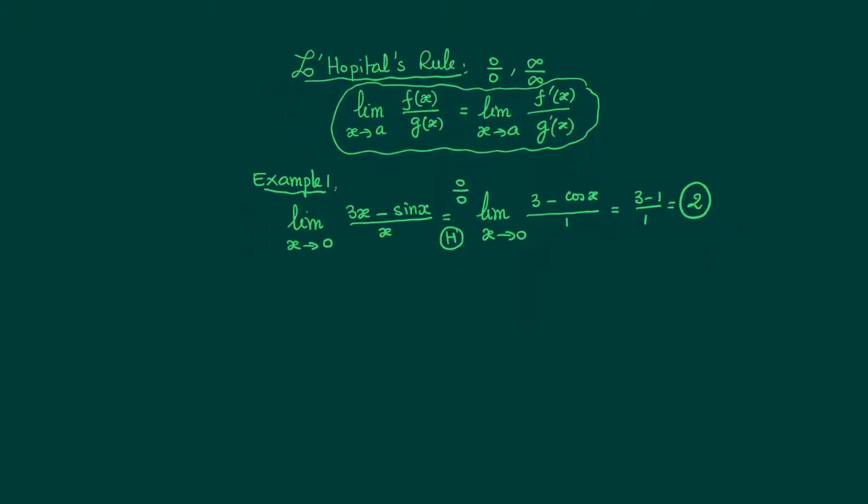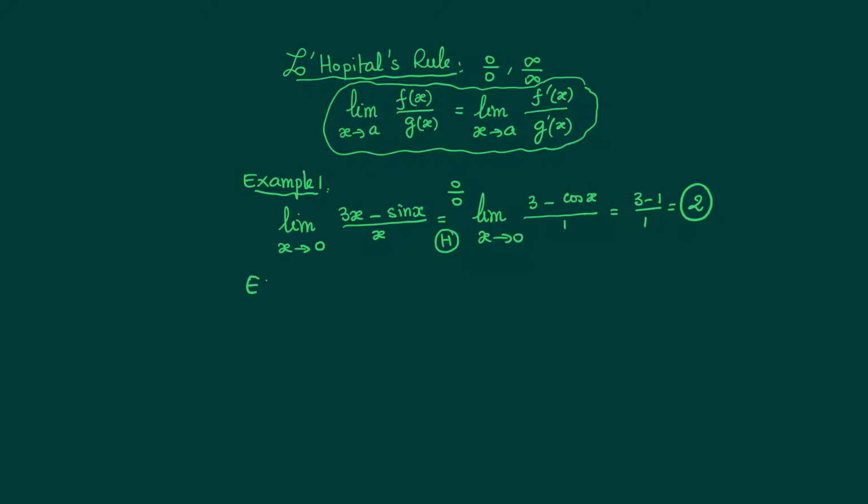Now, sometimes it's necessary to use this rule perhaps twice or even 3 times to arrive at the limit we are looking for. So let's take a look at the second example, which is x minus sine x over x to the power of 3. And we want the limit of this as x tends to 0. Well, again, a substitution will give us 0 over 0. So we can use L'Hopital's rule,